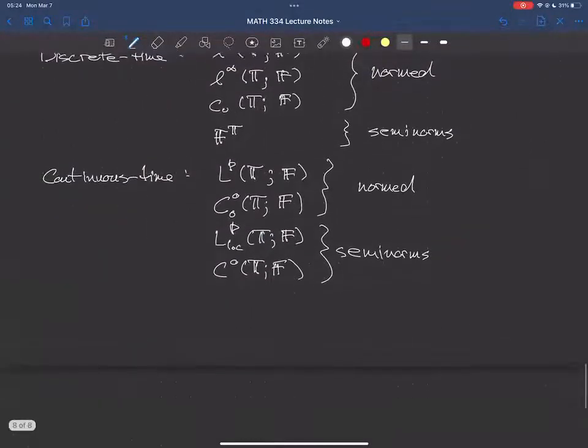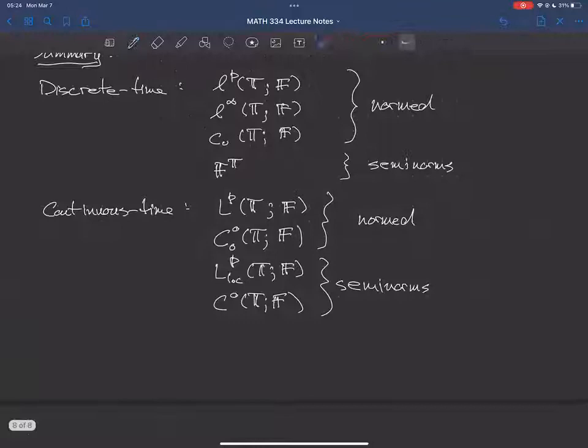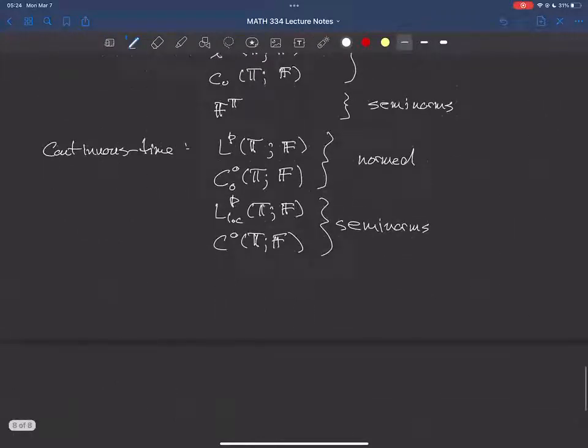And so there are some loose ends here that I'll polish up. There is a space, big L infinity. We won't talk about it too much, but it does come up on occasion. So let's define L infinity. So let f from T into F, where T here is a continuous time domain.